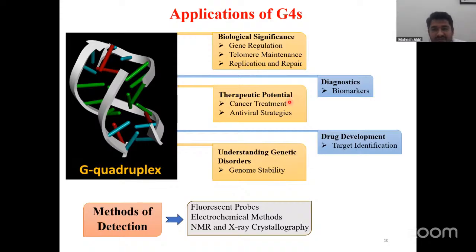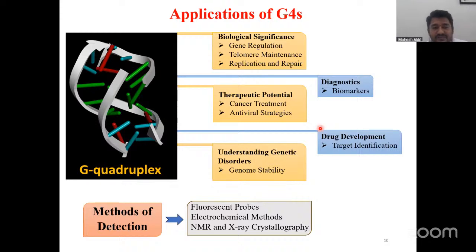Beyond oncology, G-quadruplexes are also emerging as powerful targets in antiviral strategies. Many viral genomes, such as HIV, SARS-CoV-2, and hepatitis virus, contain G4-forming sequences that regulate viral replication and gene expression. By stabilizing or disrupting these viral G-quadruplexes, it is possible to hinder viral proliferation and reduce infection. In the field of drug development, G-quadruplexes have emerged as highly attractive targets because of their selective presence in biologically critical regions